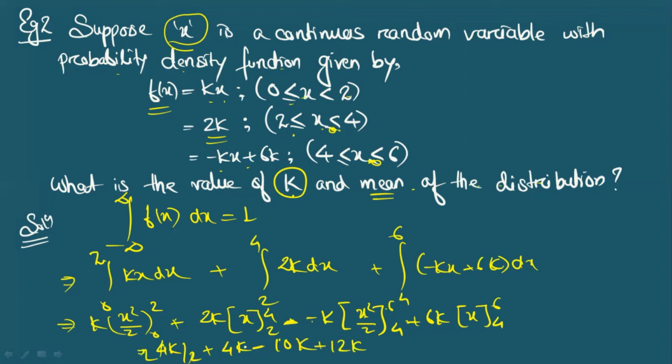And this is giving you 2k. So when you solve this, 4 plus 2 is 6, and when you do this subtraction you will get 2k, so 6 plus 2 is 8k. Now this entire integral was equal to 1. So from this, you will get k is equal to 1 by 8. Now you got the value of k here. It is quite simple.